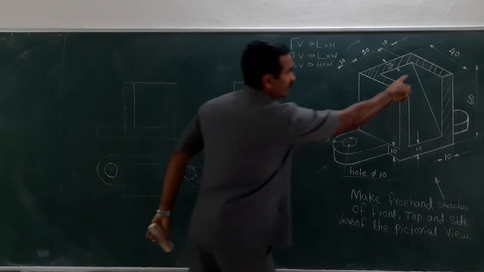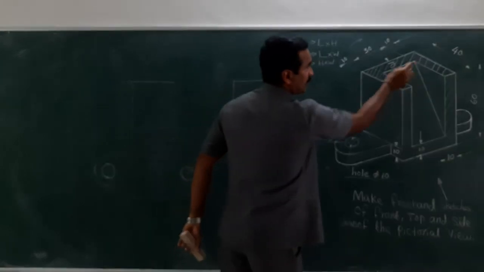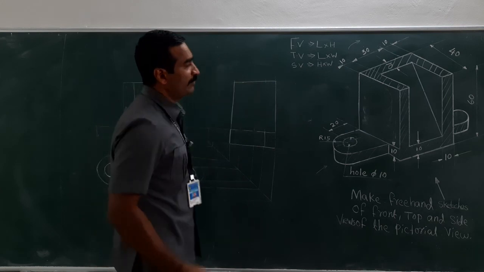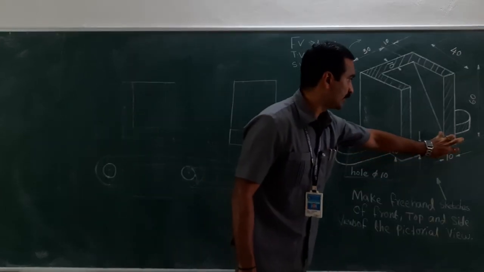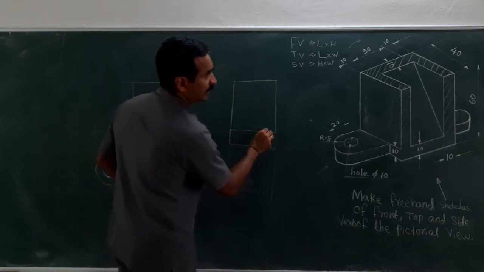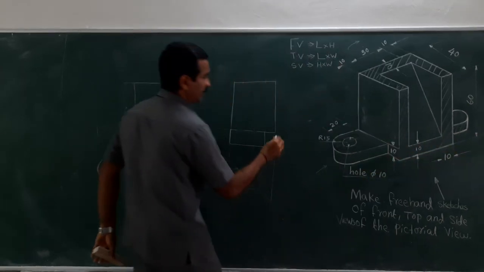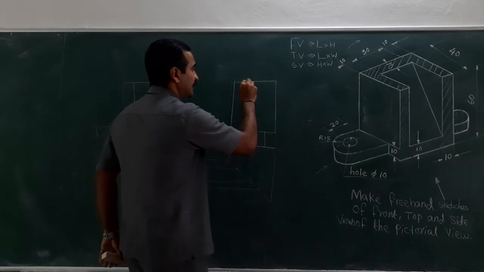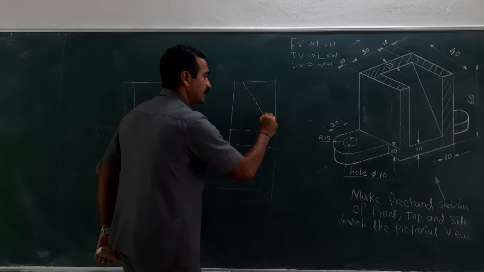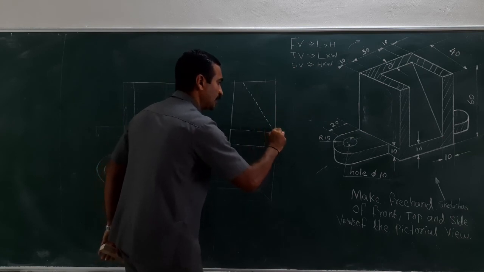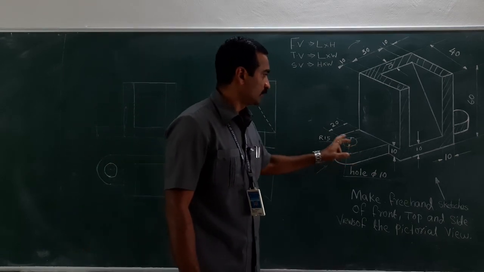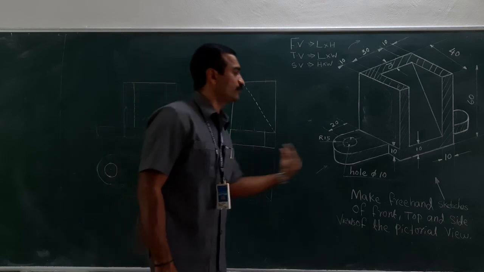So let me just draw the inclined line first here, where it's starting, leaving 10 mm from here. Where it ends, about 10 mm. So the 10 mm line is here, right? And it ends in the extreme. So that means it ends here. So a hidden line, that is, an invisible thing, needs to be mentioned as a dash line or dotted line. Is it clear?